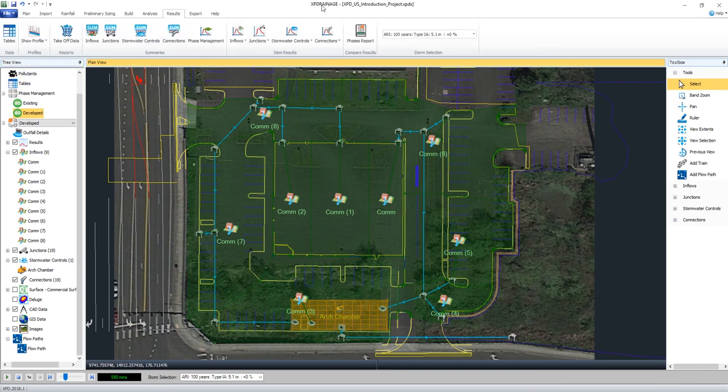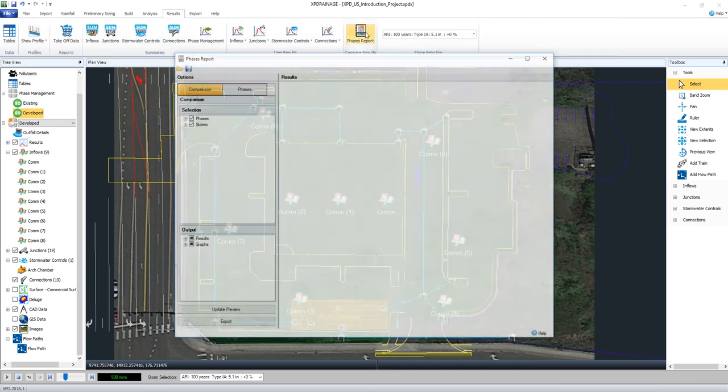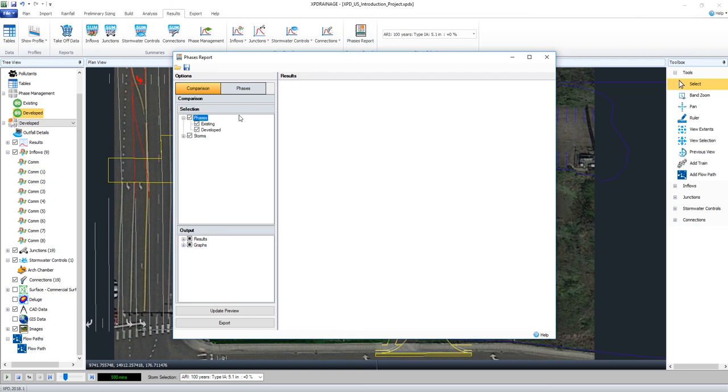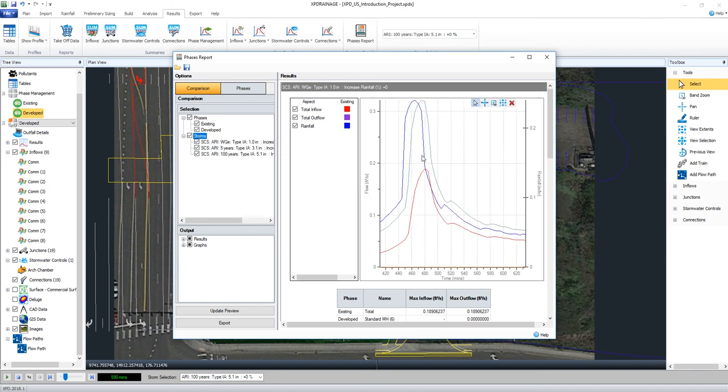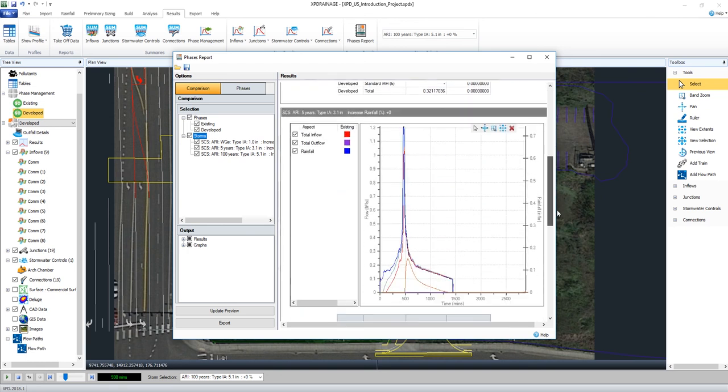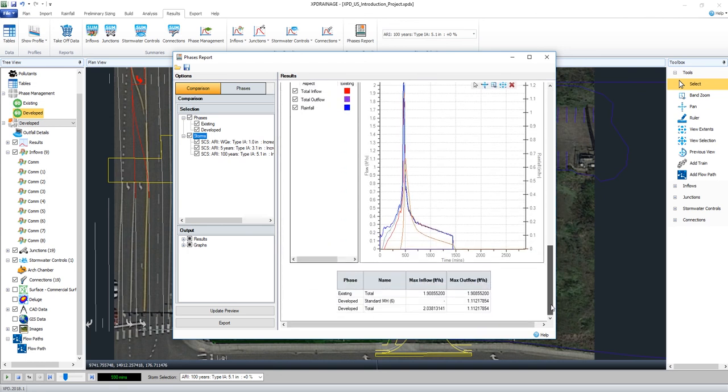So under results, I could select phases report. And if we ensure that both existing and developed phases are selected, if we select update preview, we'll look at, we have all 3 rainfall events and a comparison between phases and between storms. I could scroll to the bottom of this list and I could look at inflow, outflow between these